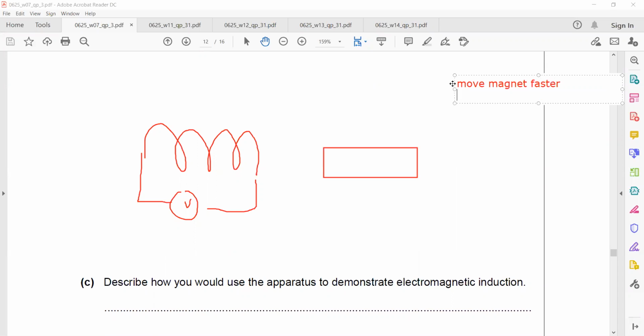Number two, use a stronger magnet. Even if we move the magnet away, but at a higher speed, the induced EMF will be higher. So it depends on the change. Greater change will produce greater EMF. Move the magnet faster, use a stronger magnet,